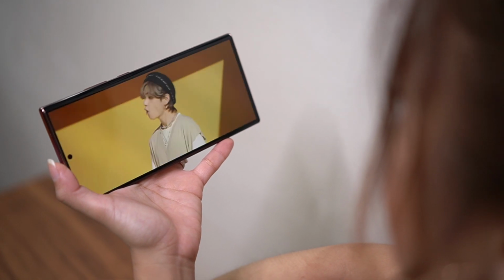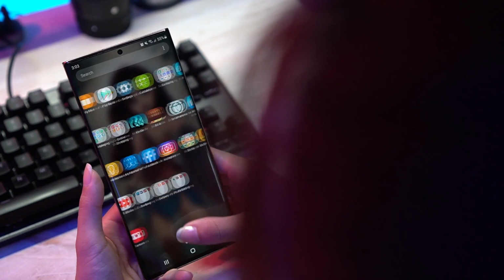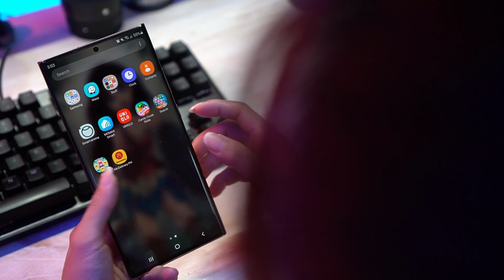The display is huge and curved, which is great if you're watching videos, but then again, this also means that you have to be extra careful when using the smartphone, plus I have experienced accidental touches every now and then. As I mentioned in my first impressions, the refresh rate goes all the way up to 120 Hz,